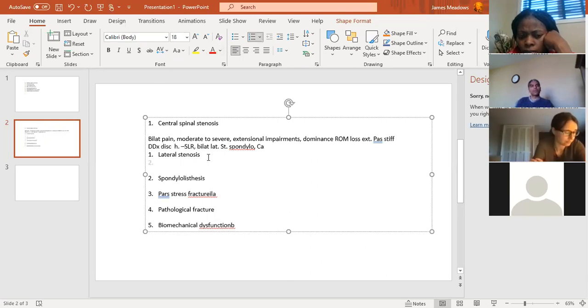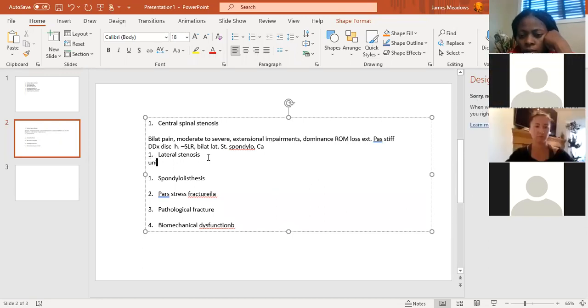Lateral stenosis is central stenosis unilaterally, basically. So let's put it down that way. Unilateral central stenosis. But there is one thing that it can do, and this is very unusual. That is, there is pre-clinical stenosis. That is, there are no symptoms of it and no signs of it. If they haven't got symptoms, they're not going to have much in the way of signs. But there are no symptoms of it